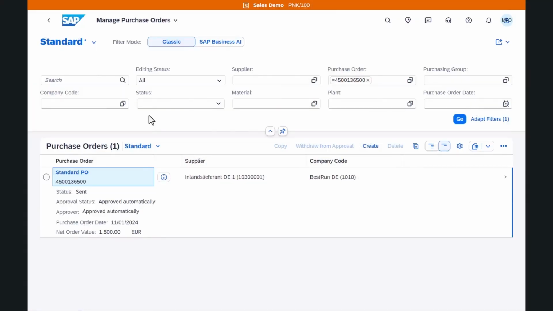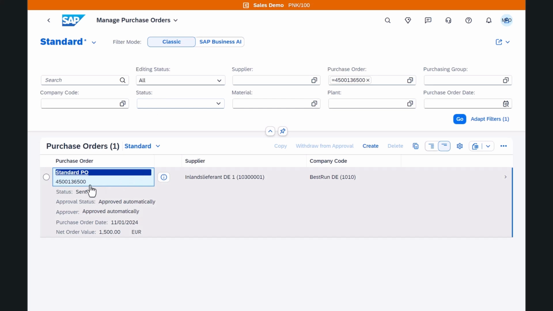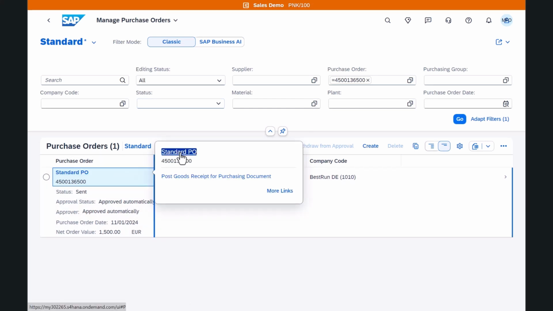Very good question, and it's actually a funny question because every time I go to a customer, it's usually the first or second question that comes. But I could explain a lot, but maybe I just show it, and I brought a little demo, and let's do it. So here in the Managed Purchase Orders app, I created an order, and here in the purchase order,